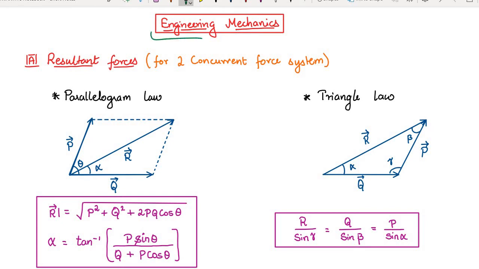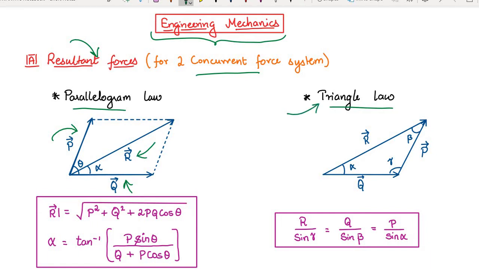Let us start the revision of engineering mechanics. To find the resultant force for a two concurrent force system, we have two laws: parallelogram law and triangle law. If we form a parallelogram using two force vectors, then the diagonal of that parallelogram is the resultant force vector. And for the triangle law, if we draw a triangle using the two force vectors, then the resultant is the third side